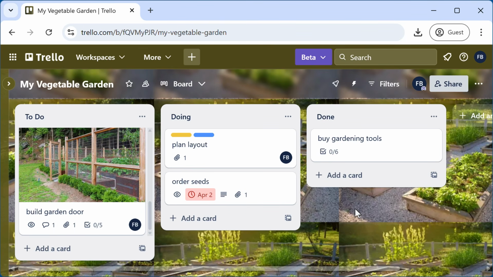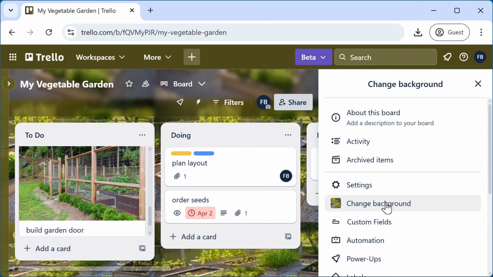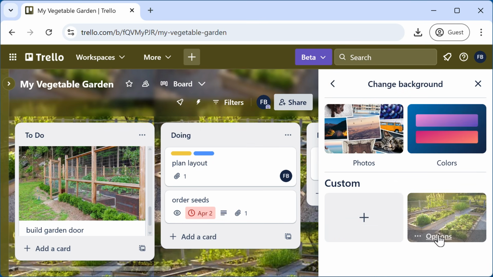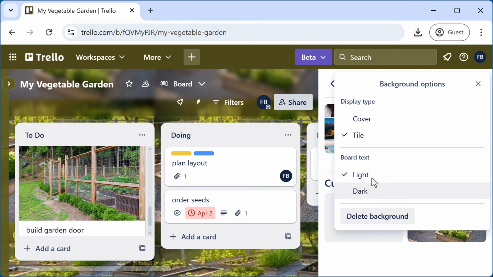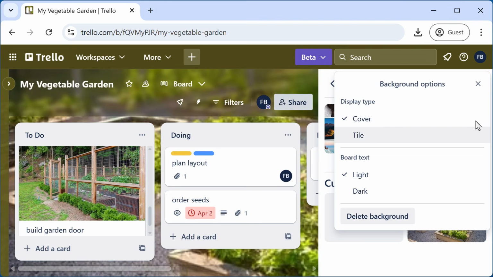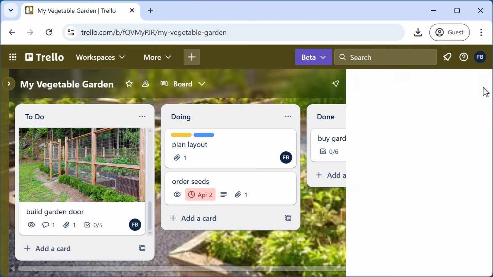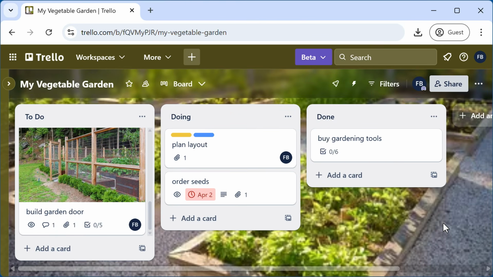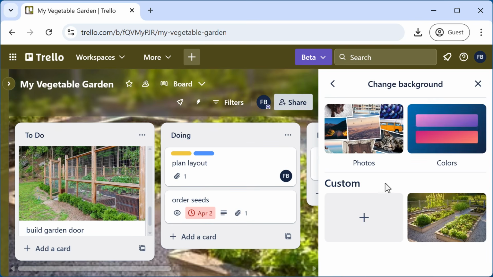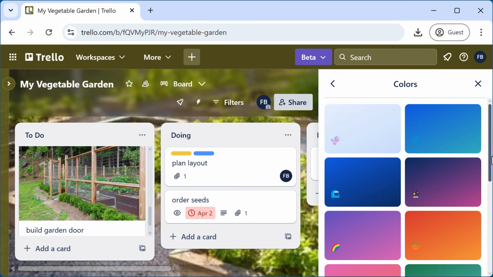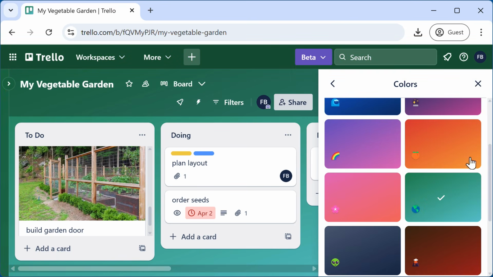If I'd rather change this to cover the whole board instead of tiling, I can change that by going back to that image, selecting Options, and change it to Cover instead of Tile. I think I'll go back and use a solid color because for me, that's a little bit easier on the eyes.